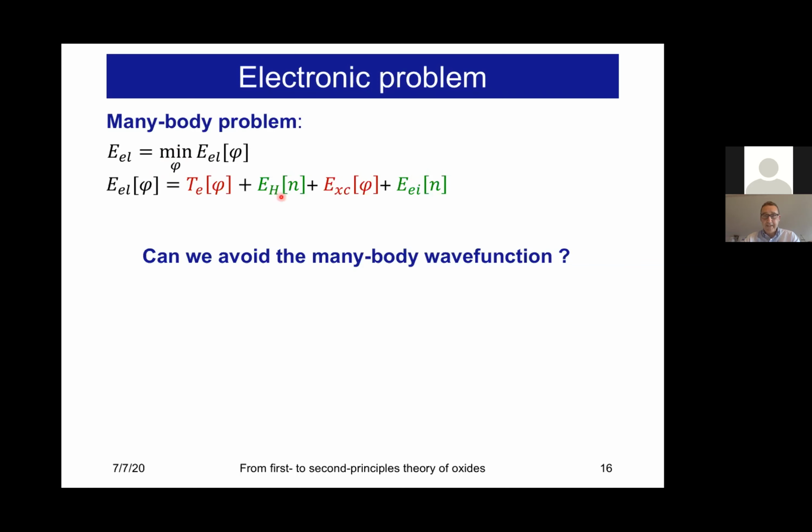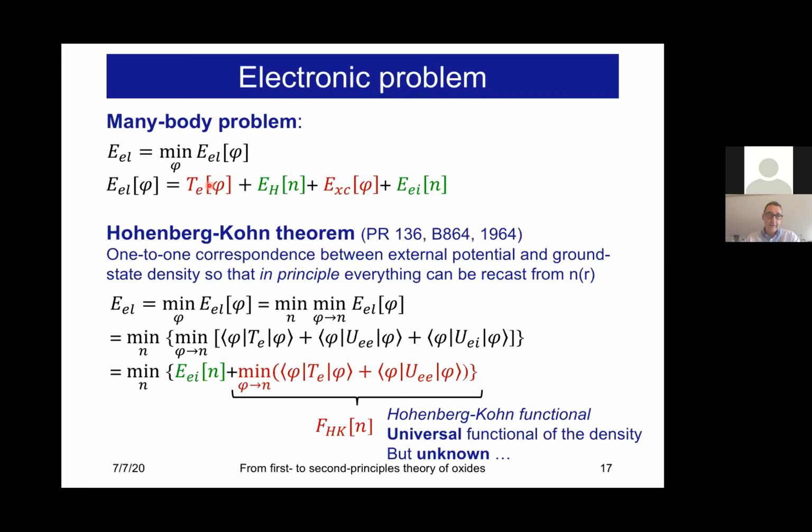And interestingly, some of these terms depend only on the density, but some of them require explicitly the knowledge of the many-body wave function. And so for years, people were asking themselves, is there a way to avoid this many-body wave function? And the answer came from the Hohenberg and Kohn theorem, and that was published in